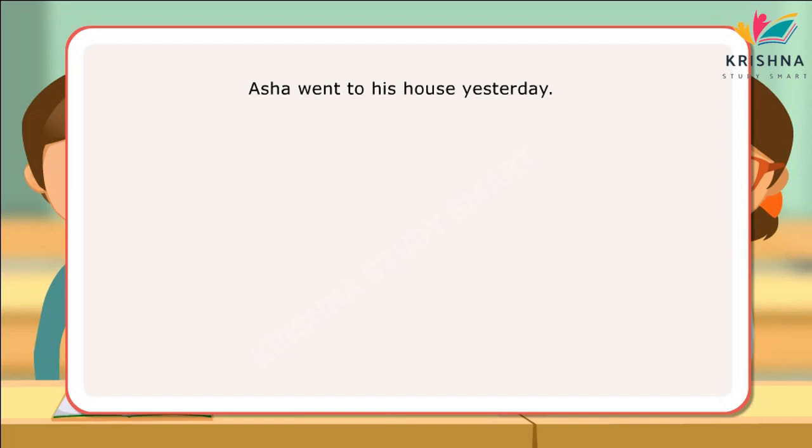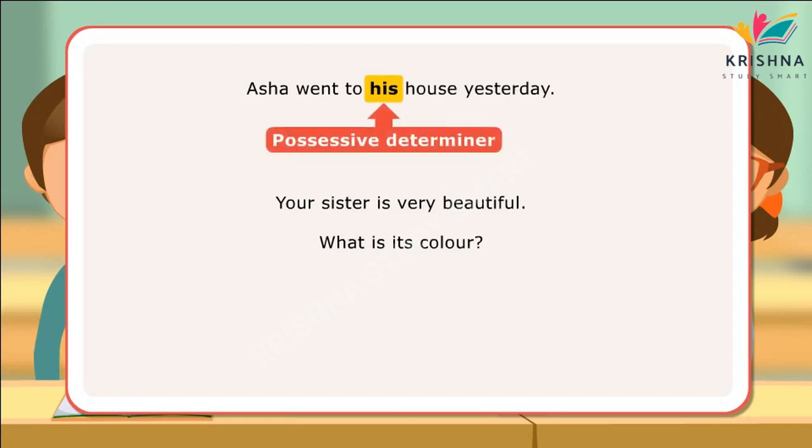Asha went to his house yesterday. Your sister is very beautiful. What is its color? In the first sentence, his is a possessive determiner since it shows possession of the house